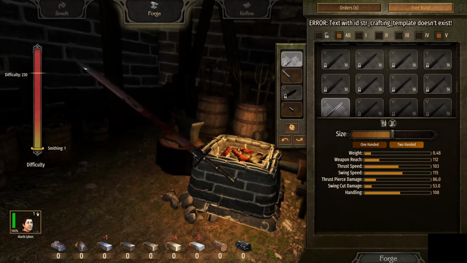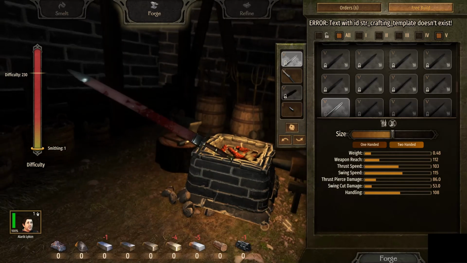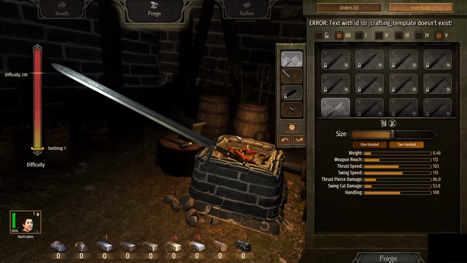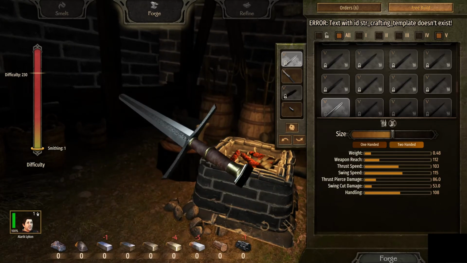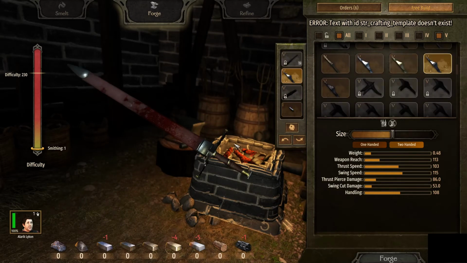Perfect. Kind of a big scabbard, but I think it'll be fine though. Even though I think it is a Valyrian steel sword. It's not bad. So let's actually go with this, and I'm gonna change out the guard to,